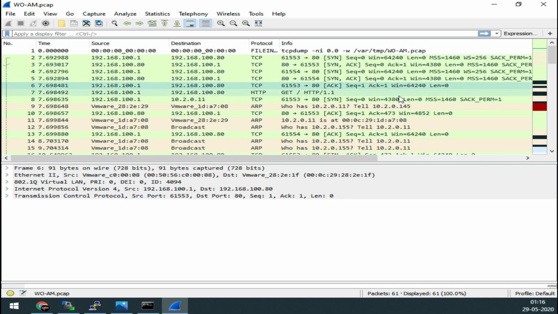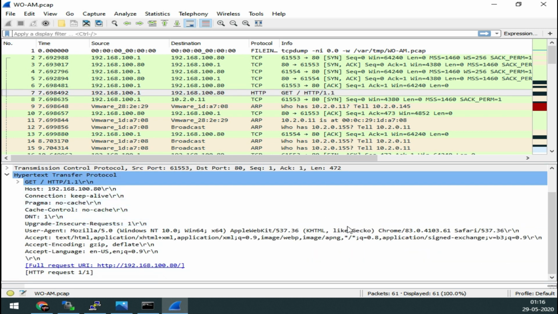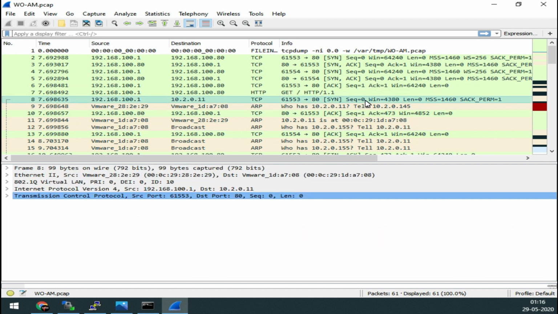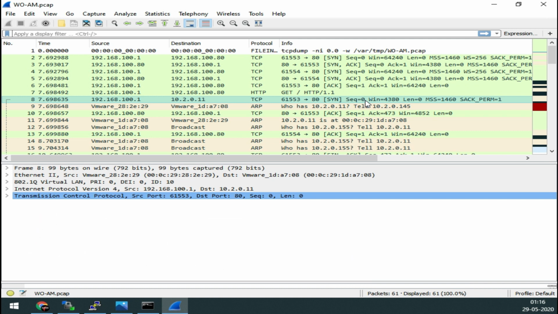So far, it has sent the GET packet for HTTP 1.1, and you can see that it is sending that kind of packet. You can go deeper if you want to check, and you can see that my destination NAT has happened and my packet is sent from my source 192.168.100.1 to the lucky server, that is 10.2.0.11 in our case.